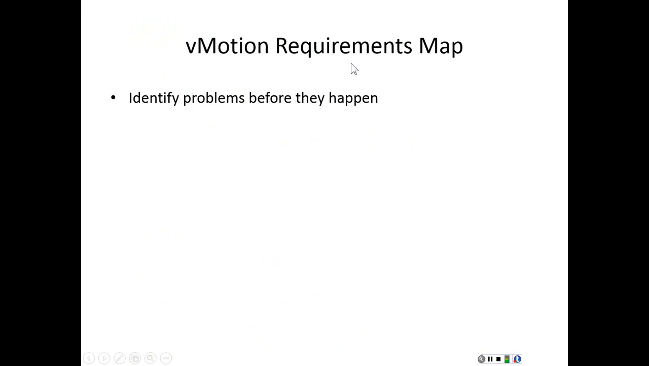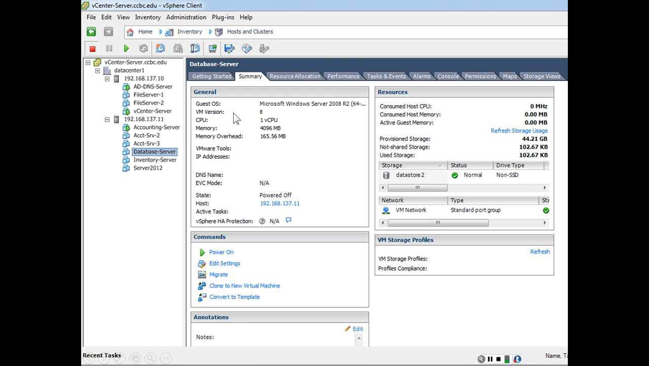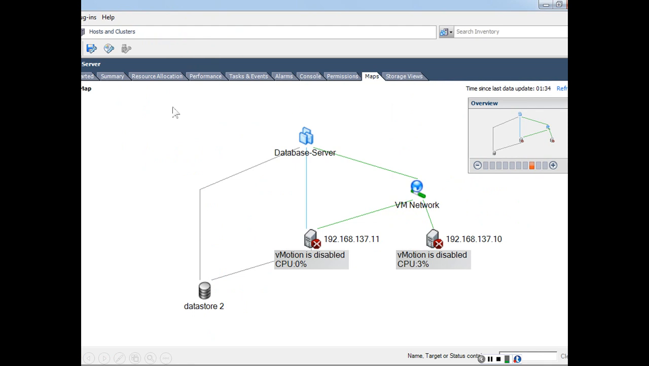vMotion requirements map. The reason we use the vMotion requirements map is to identify problems before they happen. We use the requirements map to see whether or not the hardware and the setup and the network infrastructure will be compatible with vMotion. So what I do is I select my data center and I click on map, and now what we see is a map to show the compatibility of vMotion, and we see two error messages